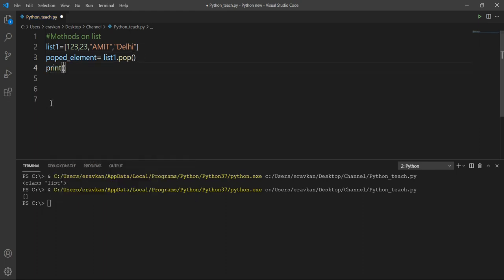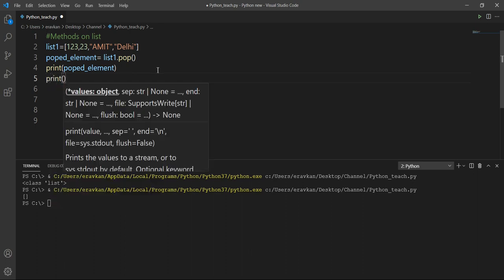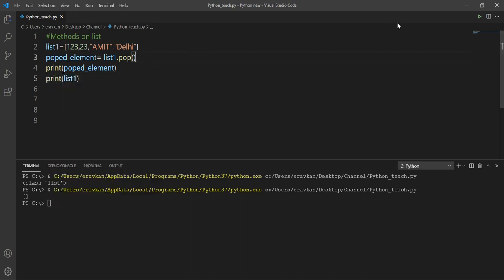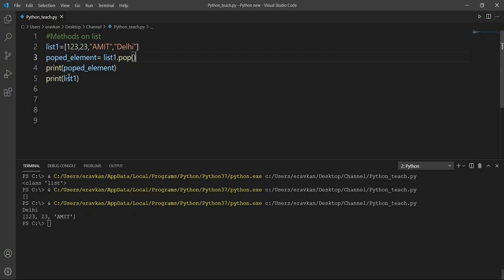Print my popped element, and now I will print list one after popping. So the popped element is Delhi by default, and now my list is modified.